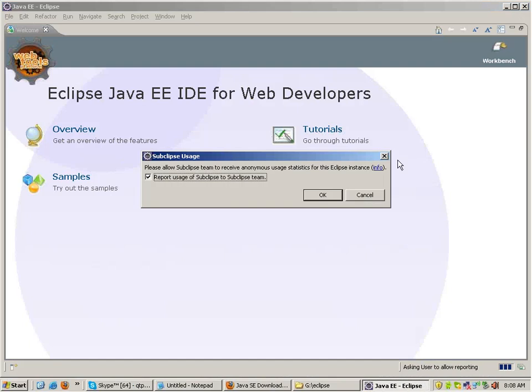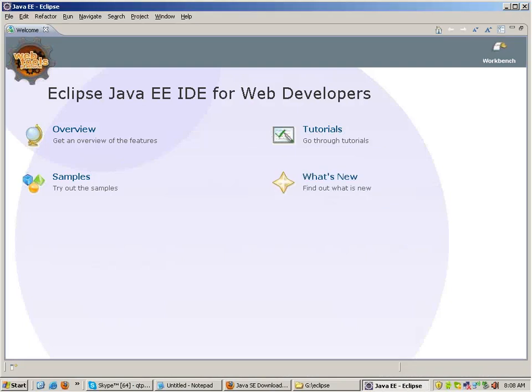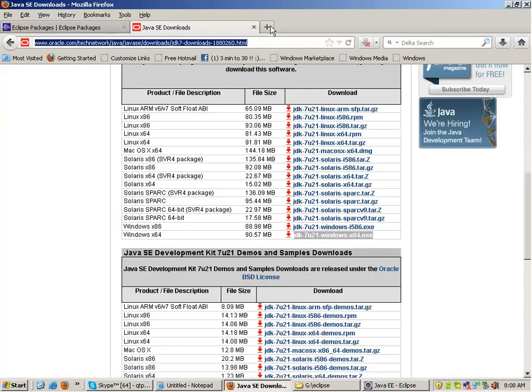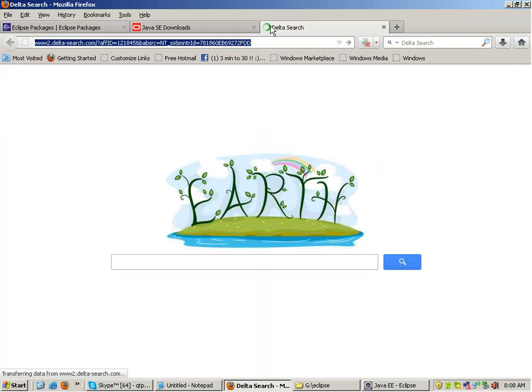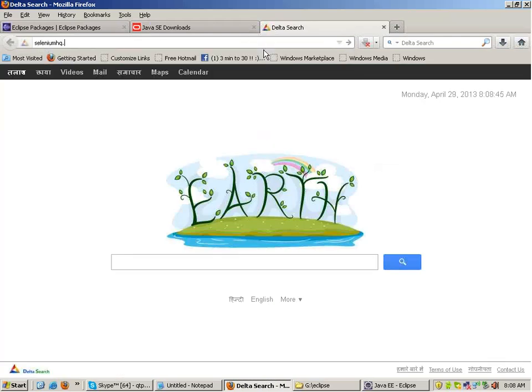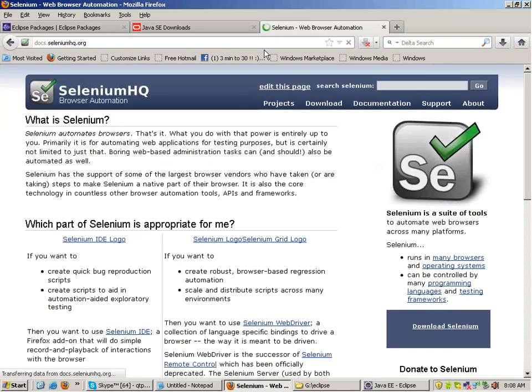Now I have heard, like, why am I asking you to learn Java first? Because people come to me and they tell me that fine, Ashish, there is no documentation available for this tool, there is nothing available for this tool. Look, everything is available. Only thing is it is technical. If you go to the official Selenium website, that is seleniumhq.org,